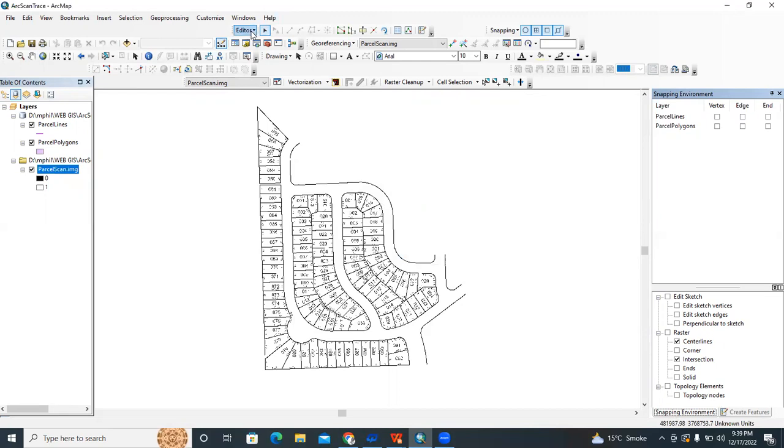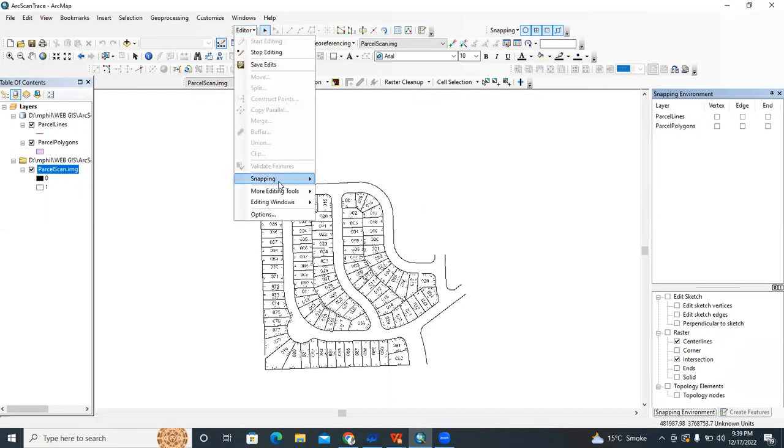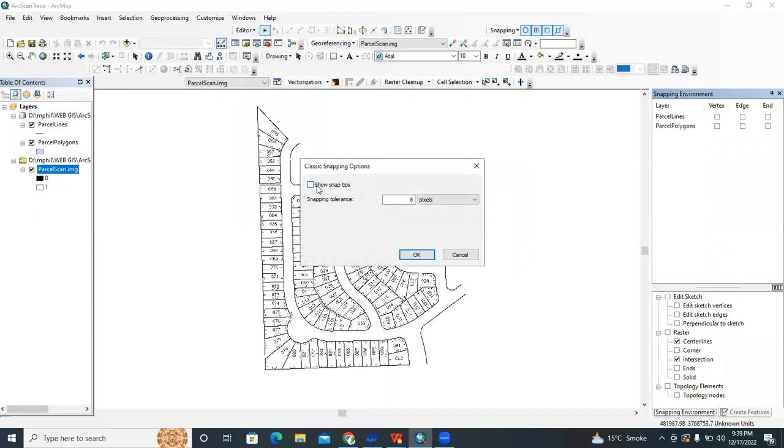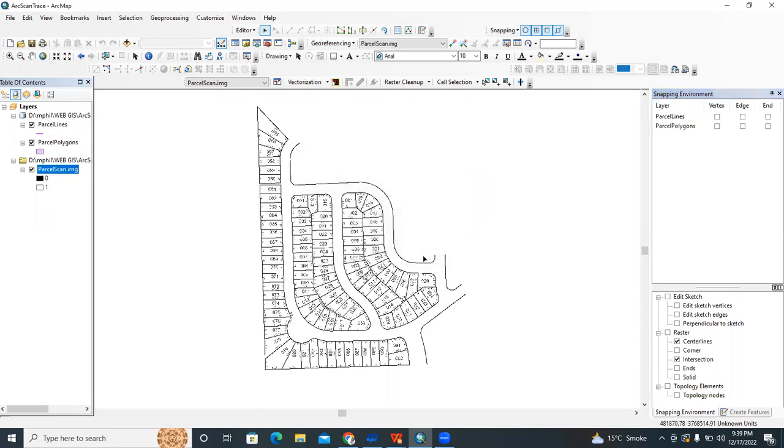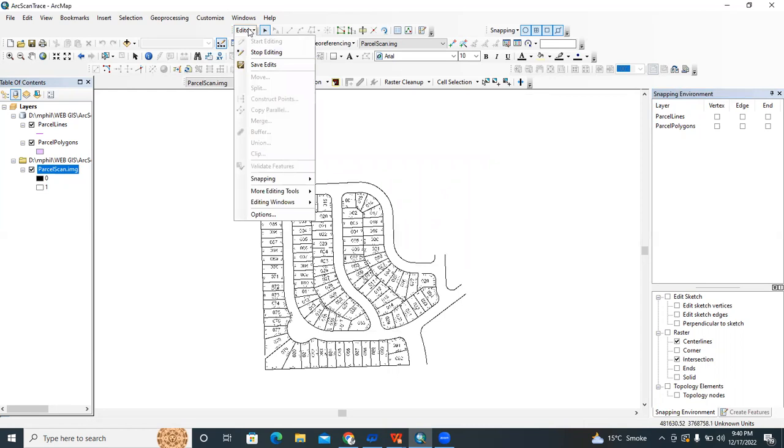Then I'm again dragging down this editor tab, and then the snapping option, and then I need to check this show snap text box. Okay. Then the ArcScan option basically is designed in such a way that it should work with this editing environment in ArcGIS. So I enabled this start editing option over here.